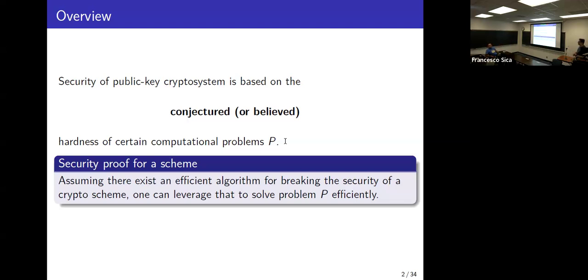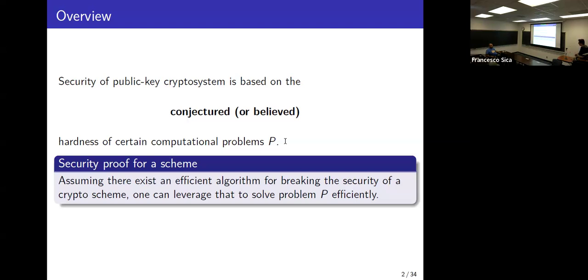Even for RFA, I think the RFA form is not shown. No, no, I agree. It's only the reduction. So basically the example I had over here for factoring was probably not very adequate, because there's an exception for the factoring problem: we don't have such a reduction, I believe, right? Yeah, it only reduces to the RSA problem, not the factoring problem, I think. But that's the general idea.